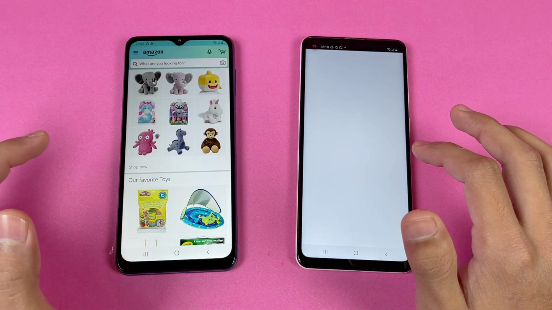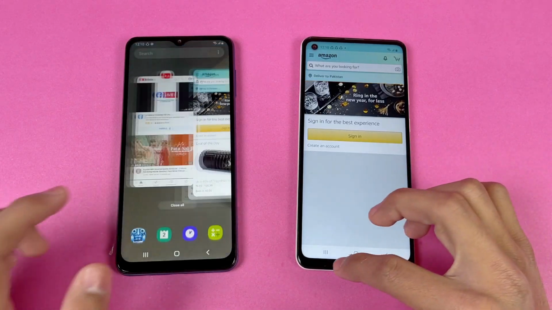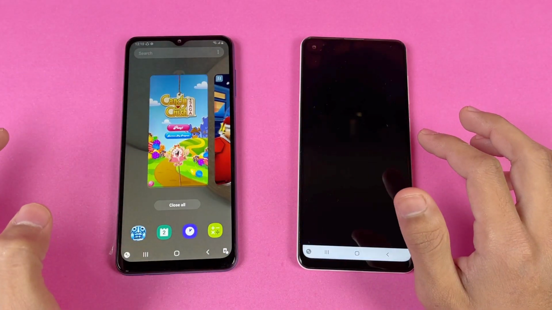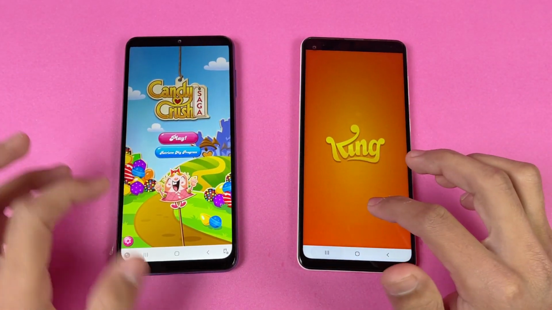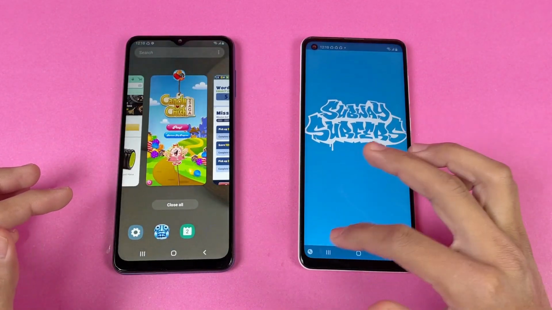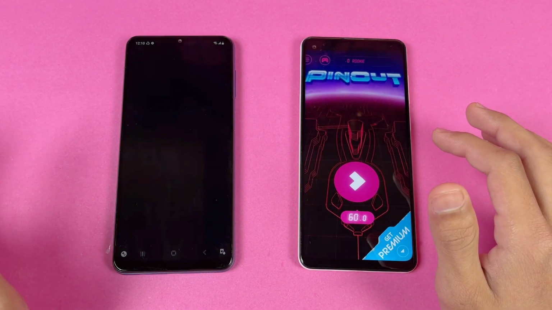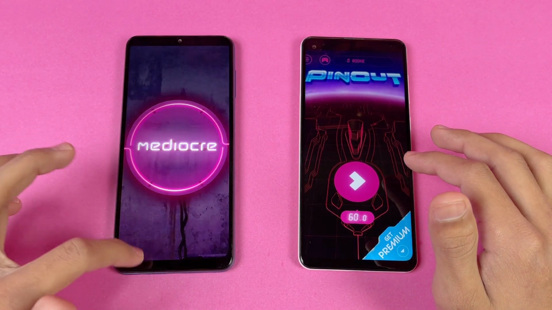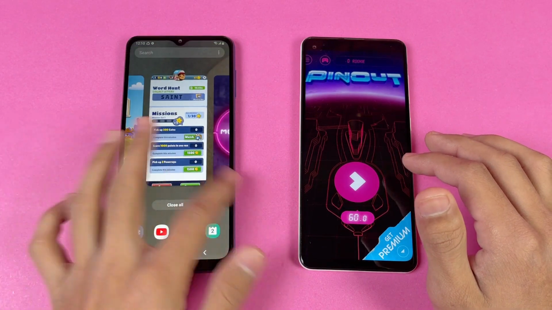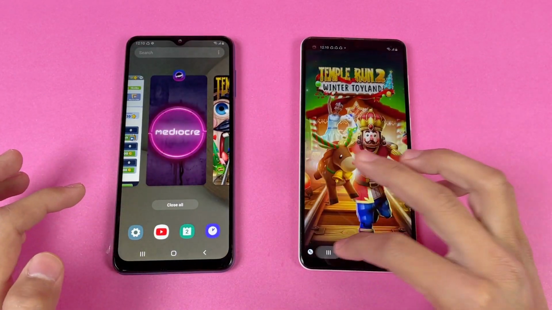Amazon shopping got refreshed again on the Samsung Galaxy A21s. Let's see Candy Crush Saga, refreshed. Subway Surfers, refreshed again on the Samsung Galaxy A21s. Let's see Pinout, and that got refreshed on the A12. Let's see Tempern 2, refreshed on the A21s.